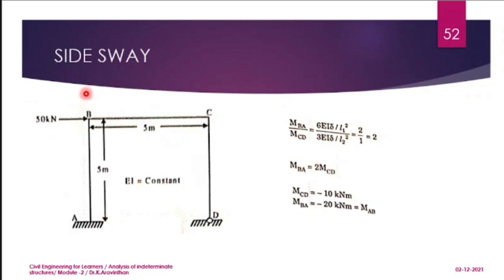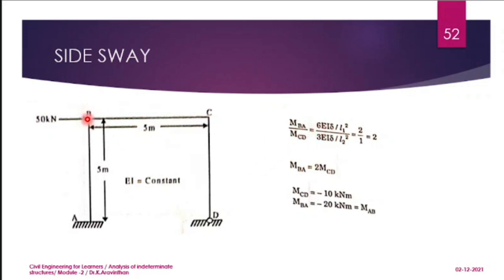And you know that what you mean by sway is a horizontal force. What causes it is deflection. If you rotate it clockwise, you can see that this structure is going to deflect, and you can see the similar concept in the settlement, 6 EI delta by L square. The same formula you are going to use here. Why? Because this is not a settlement, but you can use the formula of settlement in order to find this sway. This is similar to a settlement only.